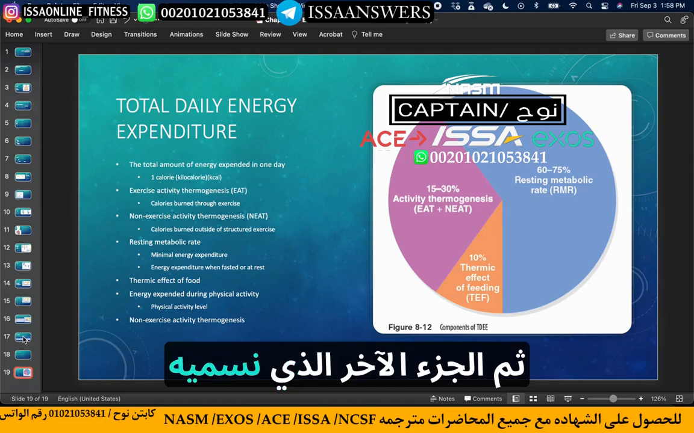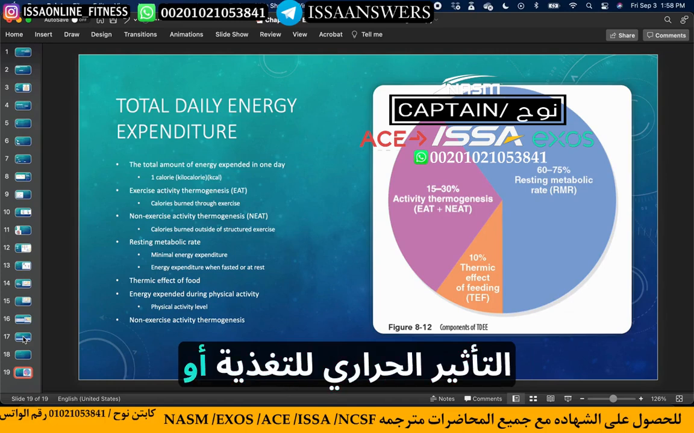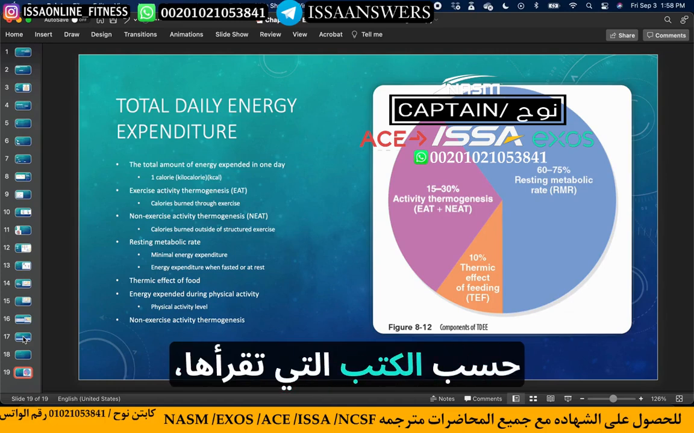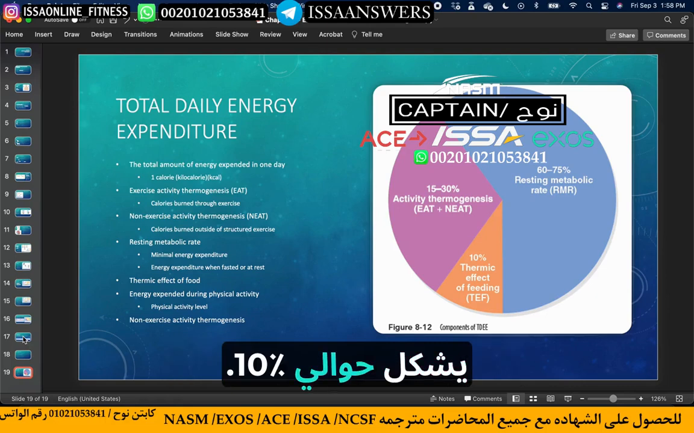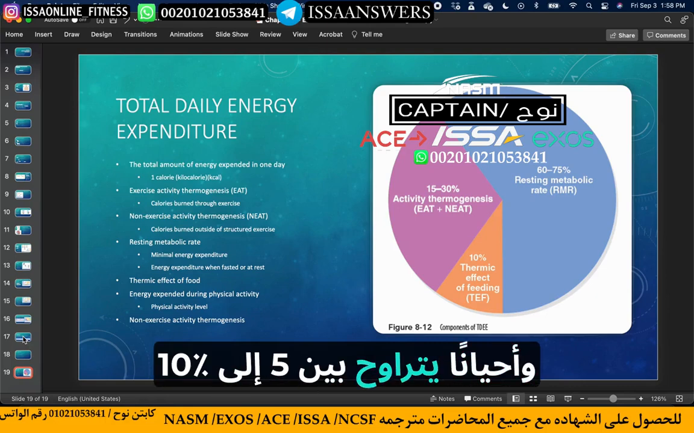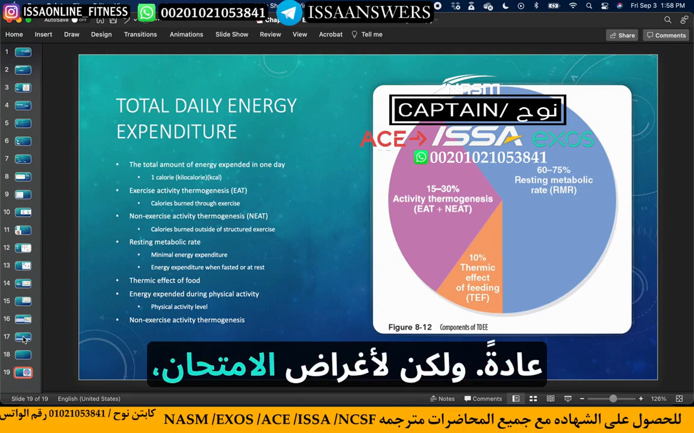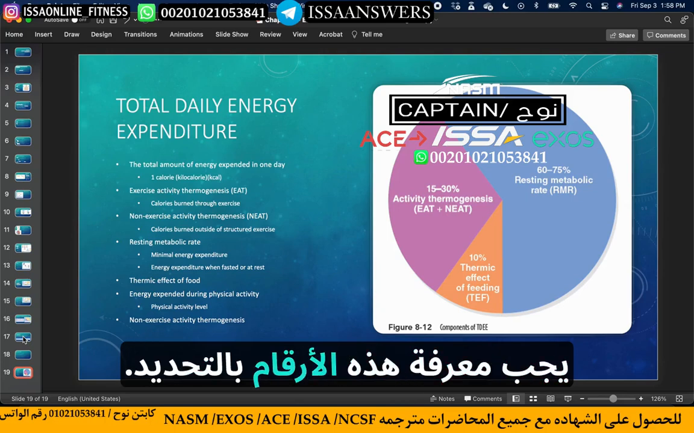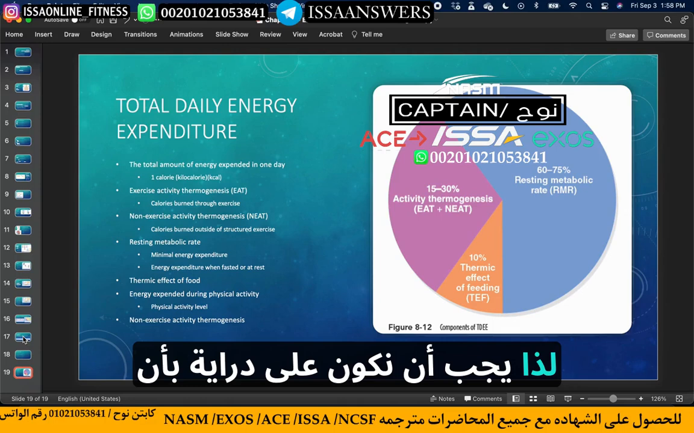And then the other part, which we call your TEF, or your thermic effect of feeding or thermic effect of food, depending upon what textbooks you read, that constitutes about 10%, and sometimes it varies. 5 to 10% is usually pretty close. But for test-taking purposes, know these numbers specifically, okay? So we got to be aware that